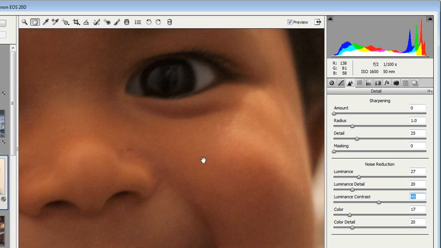And again, I'll toggle the preview off and on so you can see where the image started. Here's the image with our luminance noise reduction turned off. You can see that splotchiness and graininess in the face. And with our luminance noise reduction on, you can see we have a much smoother, more natural looking result. So again, in CS5, the additional controls to luminance and color make a huge difference and give us a much more believable and natural image even